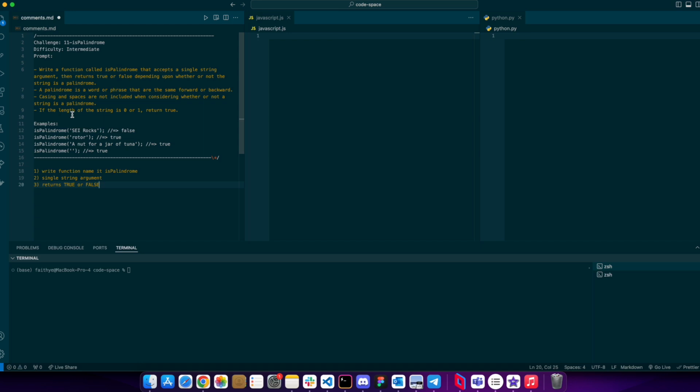In case you didn't know what a palindrome is, it's really nice that they told me what a palindrome is. A palindrome is a phrase or word that is the same forward or backwards. If you still don't understand even after reading this, you can read the example. So "SEI rocks" is false, because forward and backward is different. So this is not a palindrome. However, this is a palindrome,